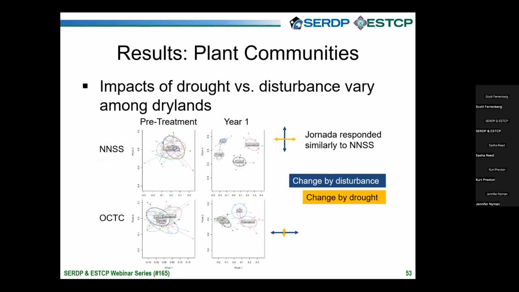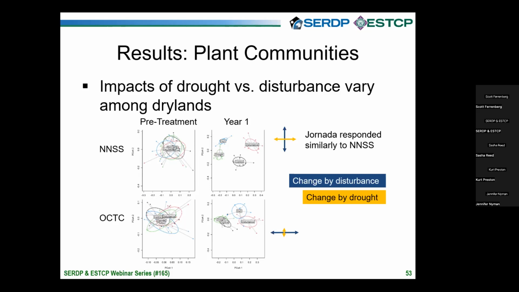Okay, that last bit of data is just about carbon capture by those shrubs. That's one metric of performance, and it tells us something about those focal shrubs. But there's a whole plant community, if we remember that downward facing photo, and we lost quite a bit of that with the disturbed plot in the Chihuahuan Desert. So I want to show you a full comparison of plant communities across these sites. And what we're looking at here are ordinated data. It's multivariate data. And if you're not used to looking at this, give me a moment to describe how to understand these panels, and then we'll walk through what they tell us.